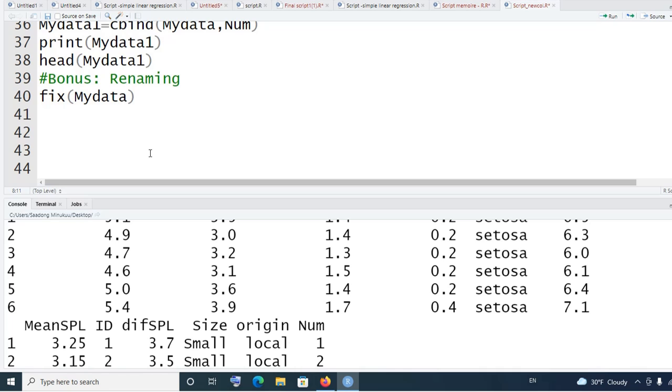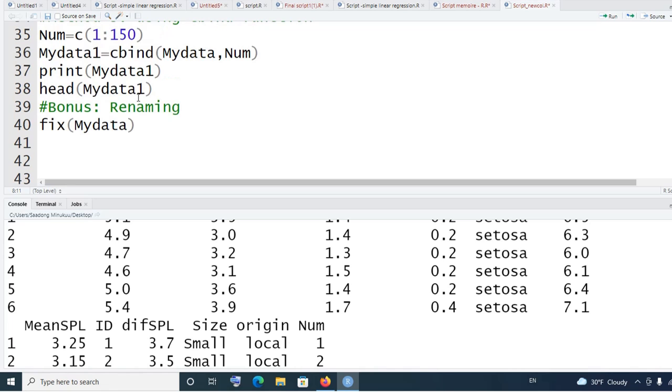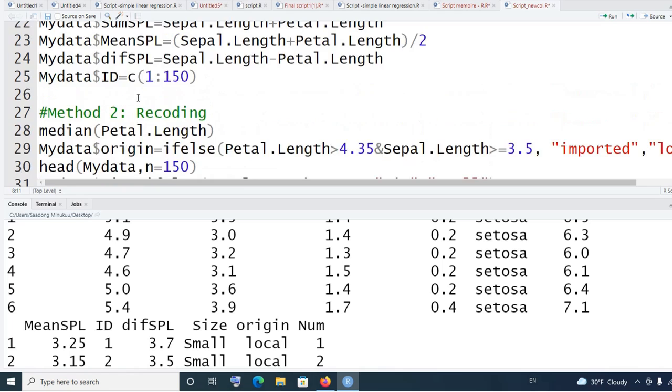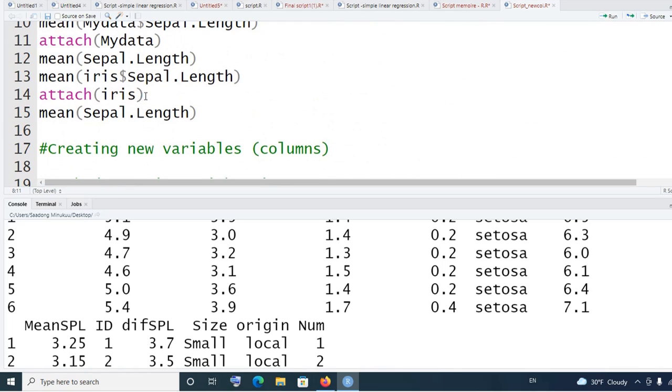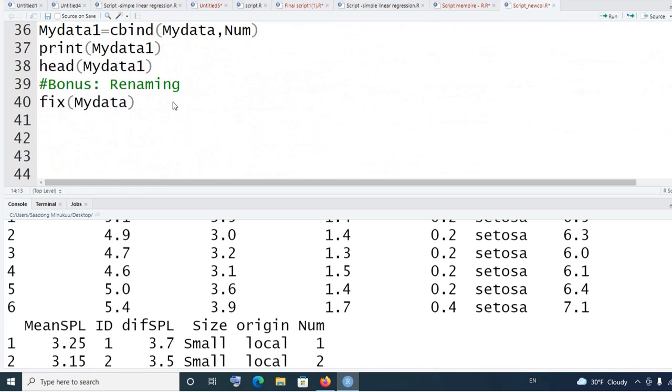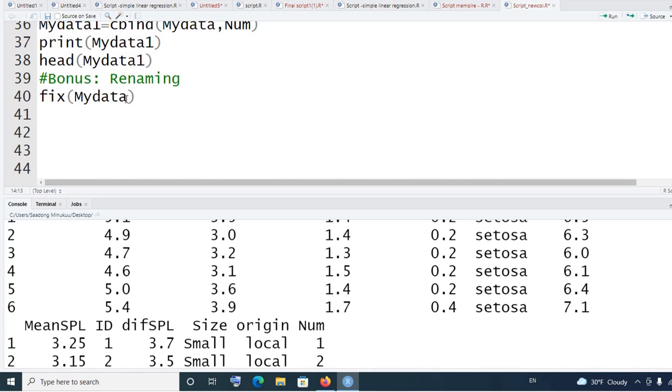If you write my data, it will give you an error. So if you are following me, don't write my data, always put iris. So fix,